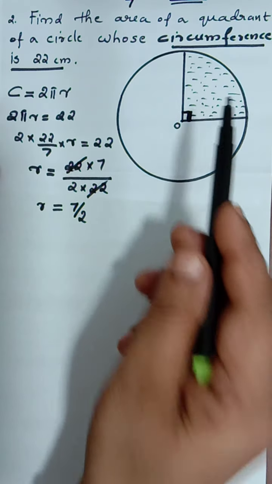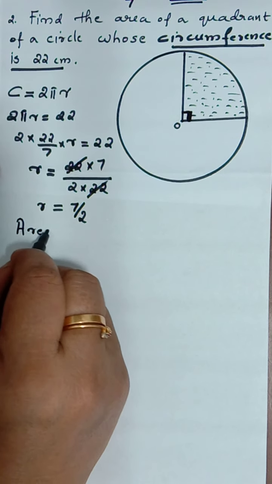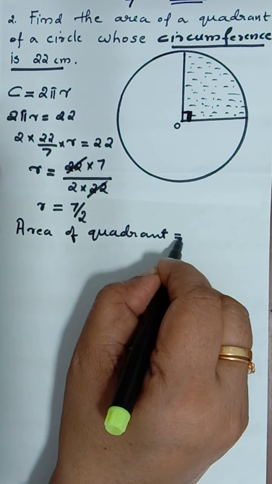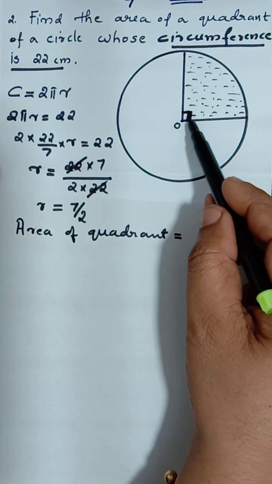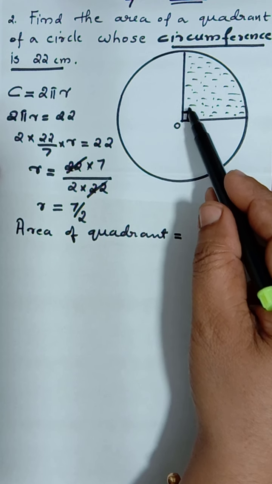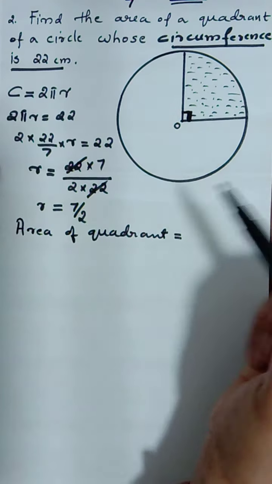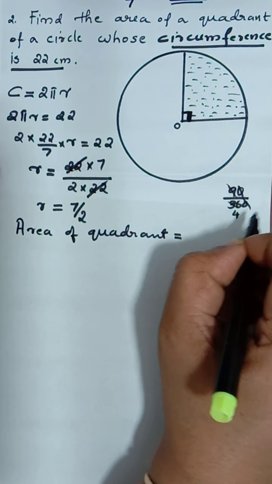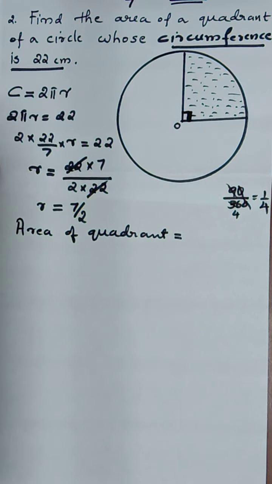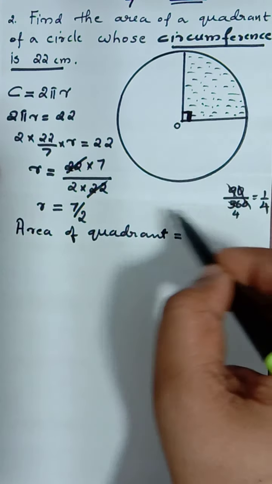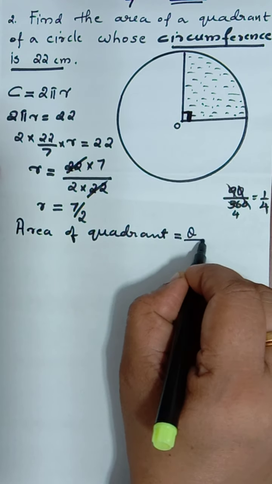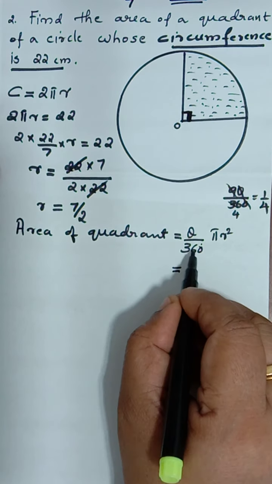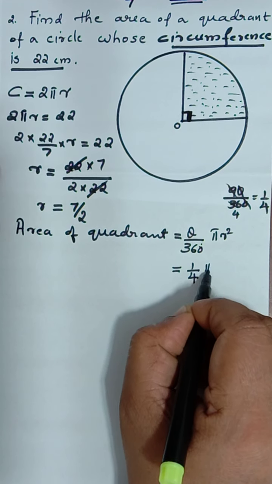Now area of quadrant we are going to find out. Area of quadrant. In both the ways we can write. Area of quadrant is angle, central angle here it will be 90 degree. 90 by 360 into pi r square. What is 90 by 360? Isn't it 1 by 4? Okay. 9 4 times. So it is equal to 1 by 4. So 1/4 of area of the circle. Anyway, formula theta by 360 into pi r square. Even without this we can write this is equal to 1/4 of pi r square.